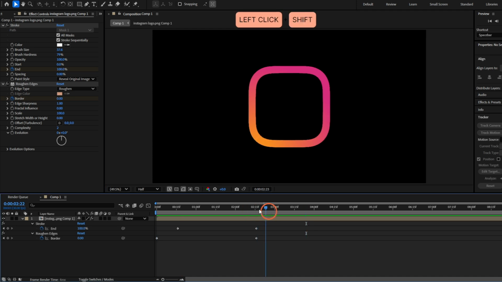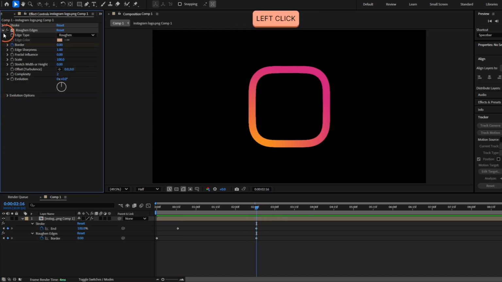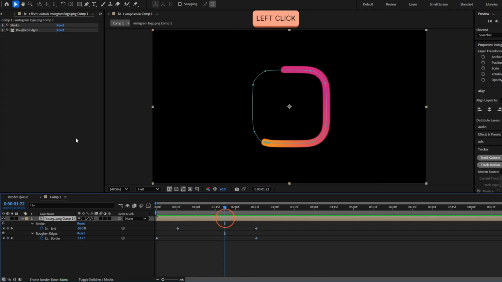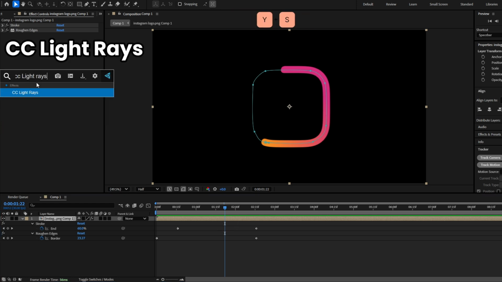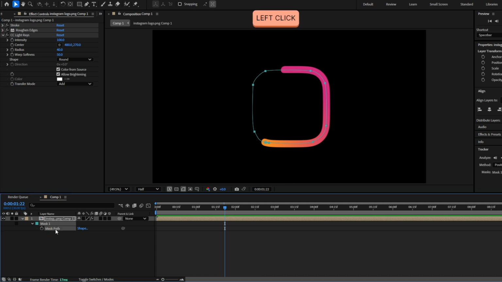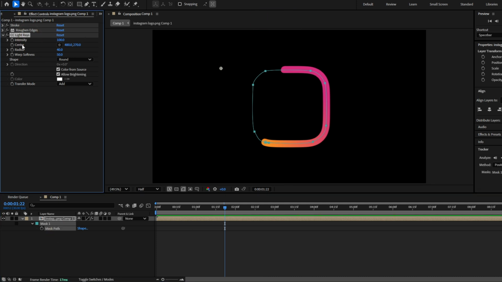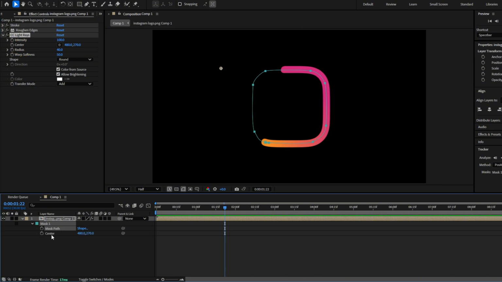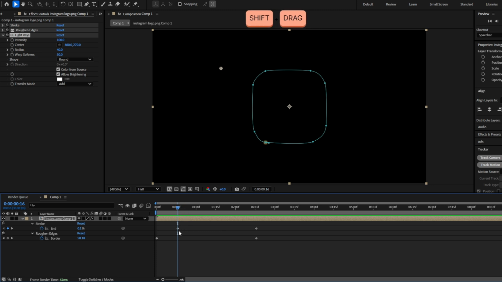It's smoother like that. And now it's time to add the lights. So we have to add the effect CC Light Rays. Go to the mask path, so press M, select the mask path and copy with Ctrl C. Now here in CC Light Rays you have to double click the center to see it here in the timeline. First let's go to the first keyframe of this stroke, double click the center, select the center and paste with